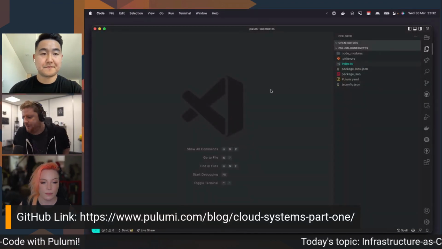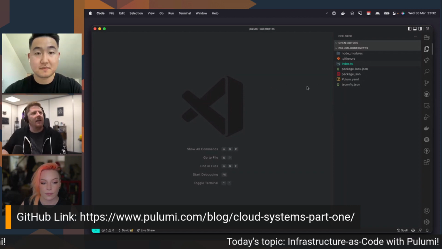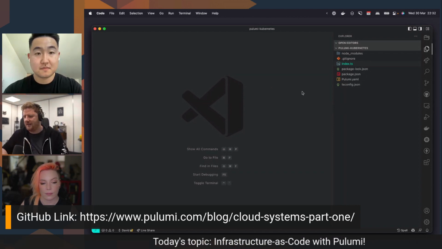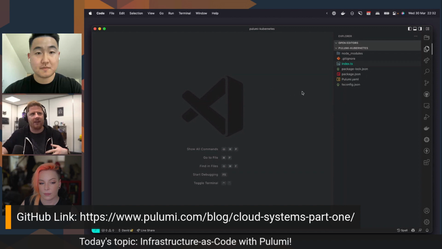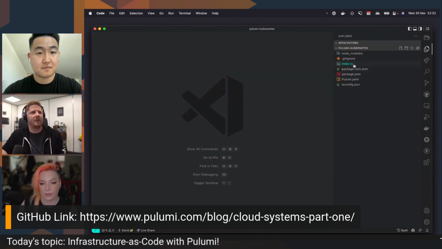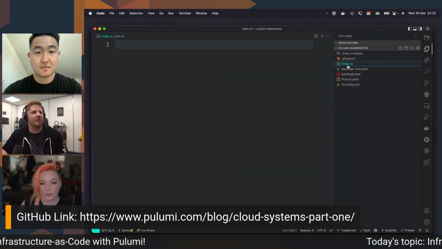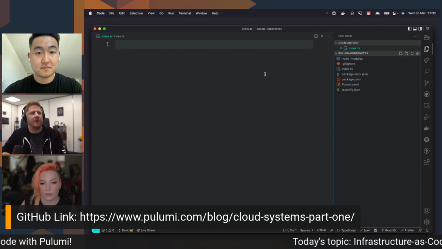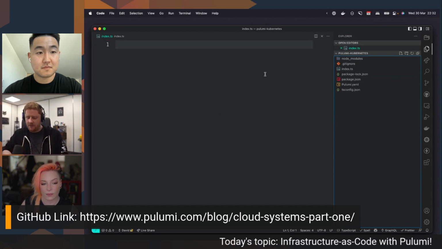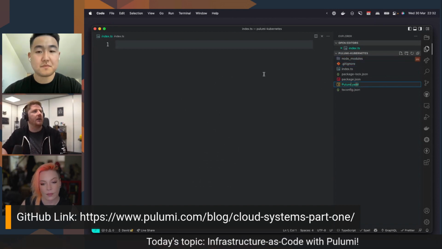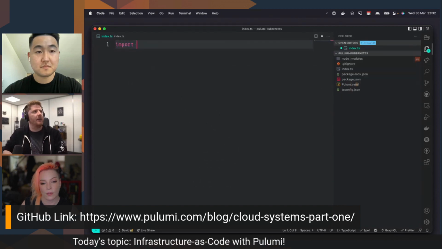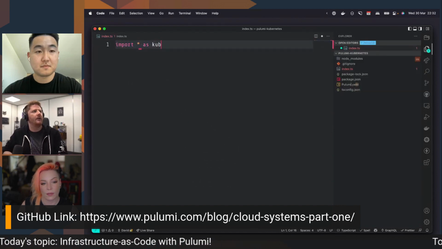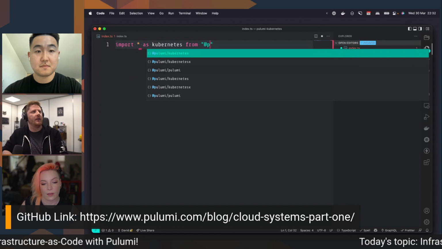Awesome. Okay. So I guess I'll show two things. Just because we were talking about tab complete my way through a resource, the first thing we can do is just show that off. And then I'll show you some new libraries that are built on top of Pulumi. So I'm going to import as Kubernetes. So this is TypeScript,